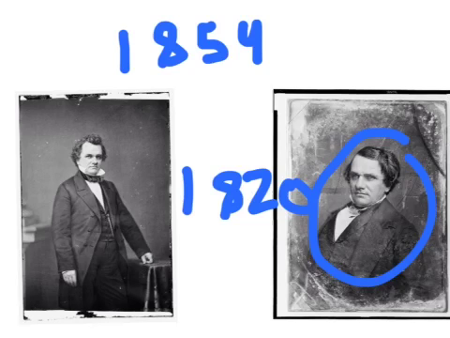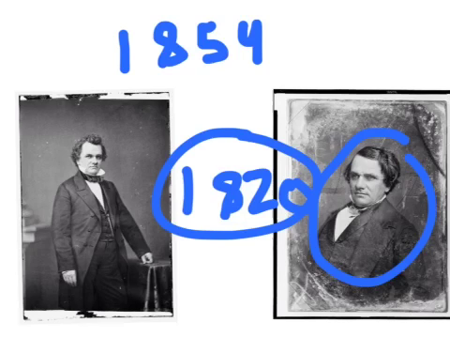The result was that pro- and anti-slavery elements flooded into Kansas with the goal of voting slavery up or down, leading to Bleeding Kansas. A wave of anger erupted across the North as anti-slavery elements cried betrayal, for Kansas had been officially closed to slavery since the Missouri Compromise of 1820, now repealed.